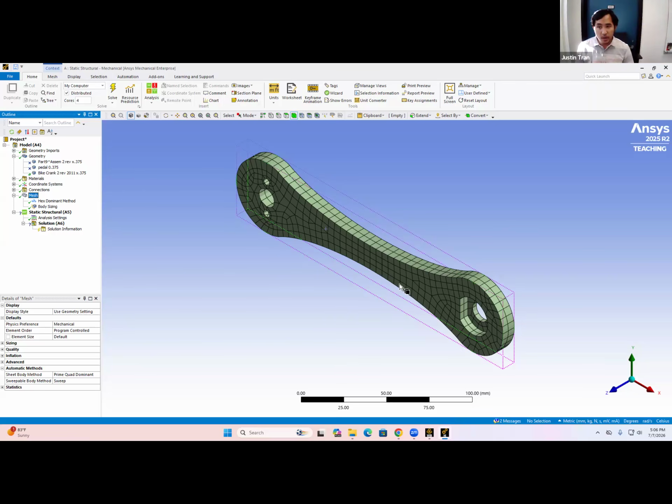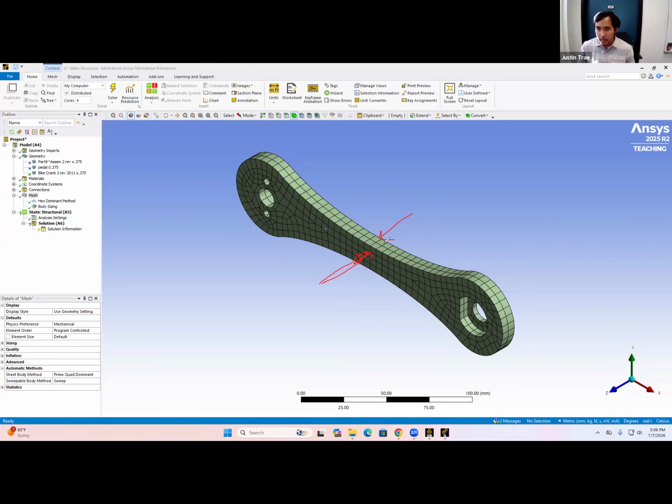One thing I want to bring your attention to is that if you look across the thin dimension of this crank, this crank obviously is much longer than it is wide. If you look at the dimension in this direction here, the crank is pretty thin, and so it's a little bit difficult to pack in a lot of elements in that direction. But with the mesh size that I've chosen, if you basically travel across the shortest dimension of the part,